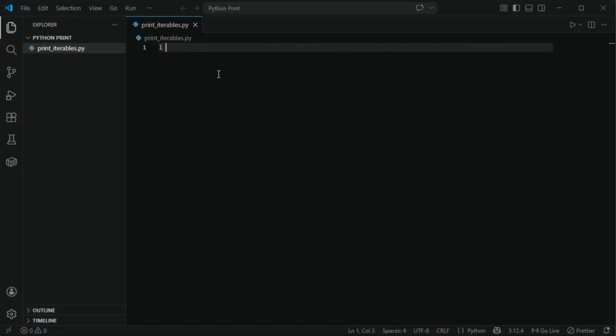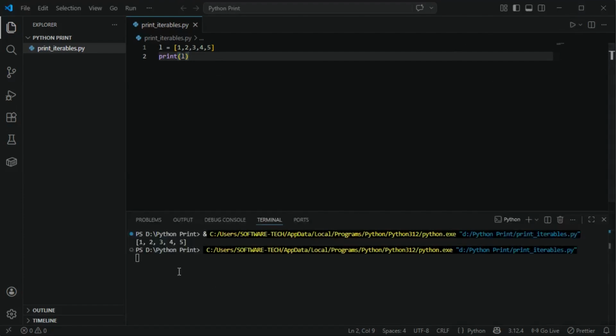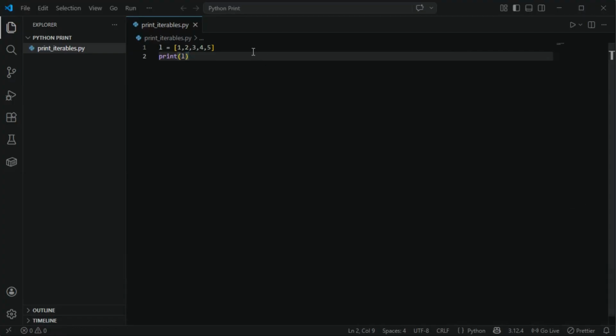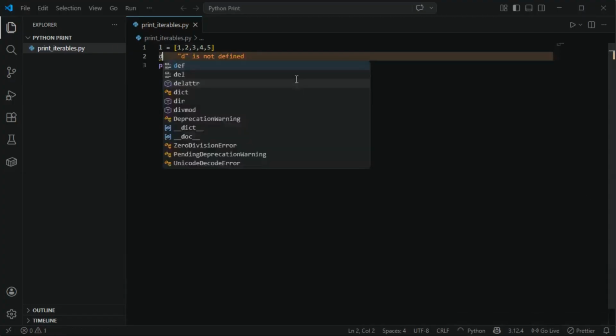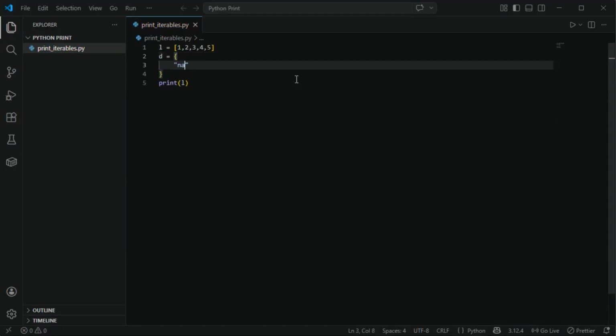Okay, so in Python we can print lists, tuples, dictionaries using the print function of Python. For example, L equal to 1, 2, 3, 4, 5. This is a list. If I print L and run the file, you can see it prints 1, 2, 3, 4, 5 as a list. Okay. If we have a dictionary, for example, dictionary is curly braces,